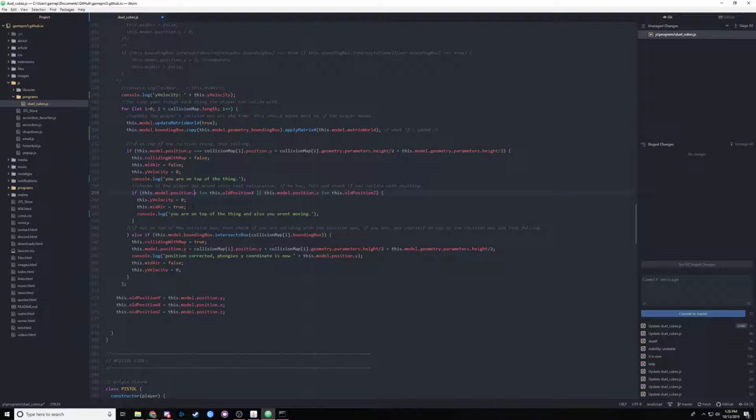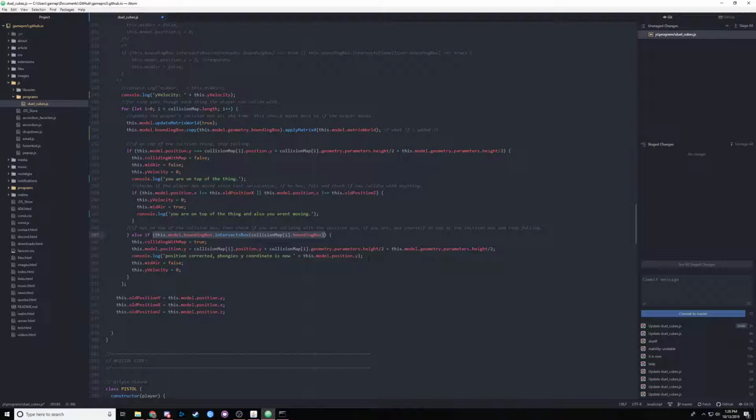Set midair to true, which means you're going to fall. You just fall, basically. And then when you do fall, it checks this. Sorry, it checks this if you're colliding with it. If it is, then that's good, but most likely you're not, so it's going to go, that's not true. So is this true? And this is